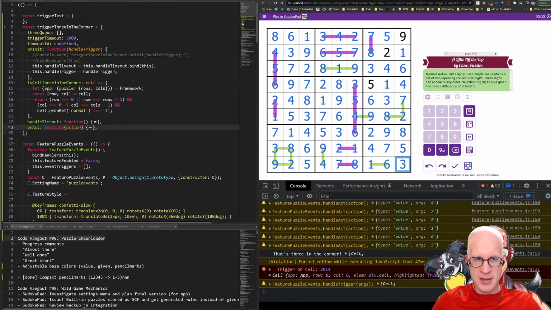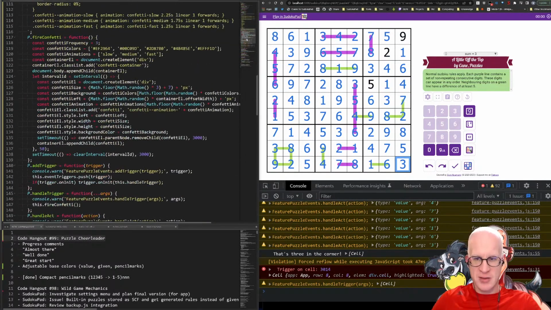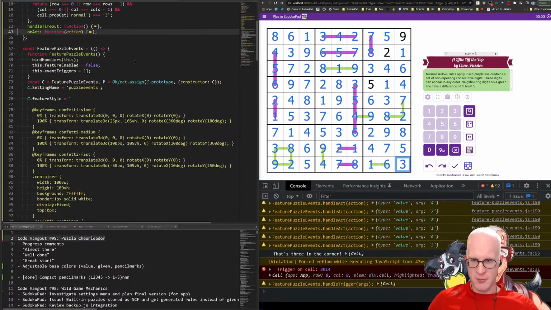This is more like an infrastructure project. I want to use the 3 in the corner as a little joke thing to get it started, but in reality, it's more about building infrastructure for more foundational systems that can do all sorts of things. And I'll probably actually trigger events onto the puzzle object itself, so we can listen on the puzzle object. And that's something maybe I'll try in a future stream, where I say, okay,